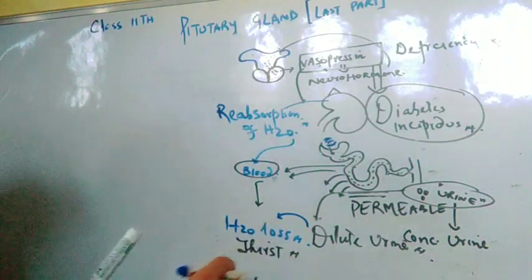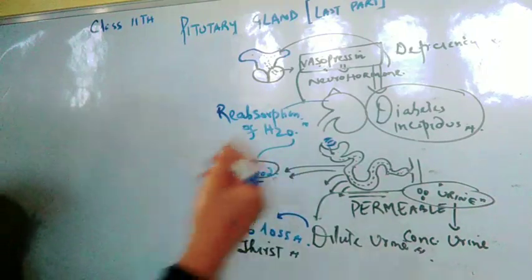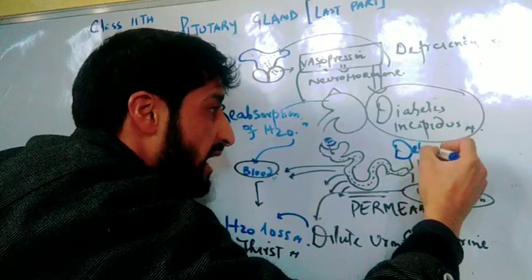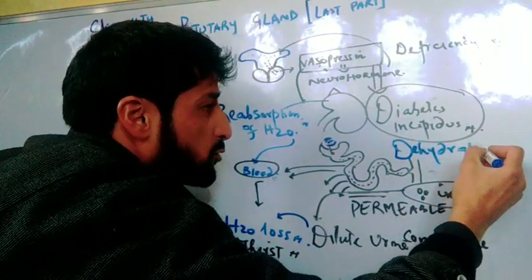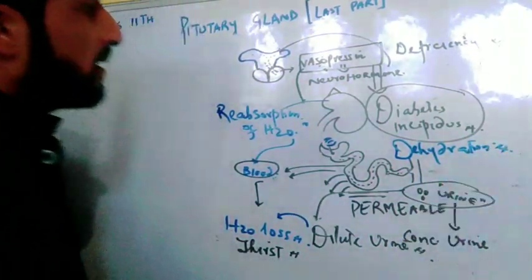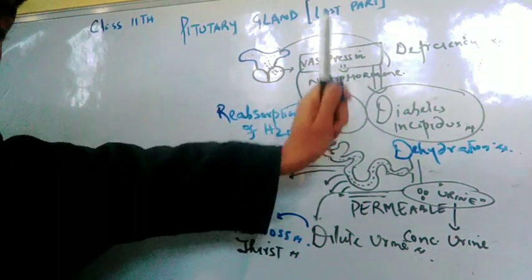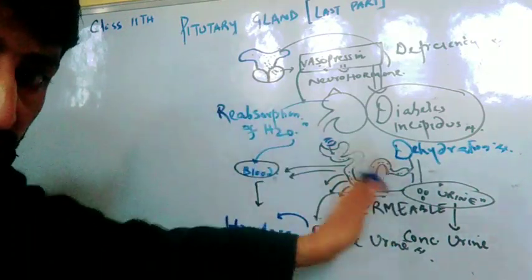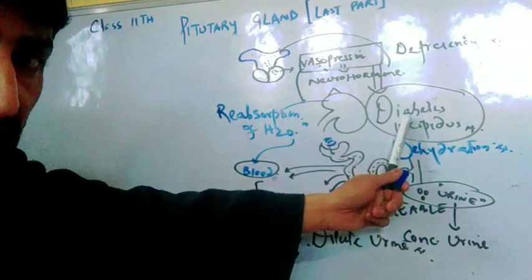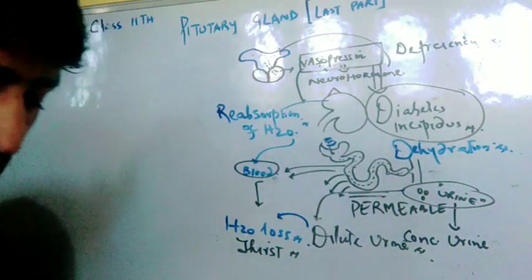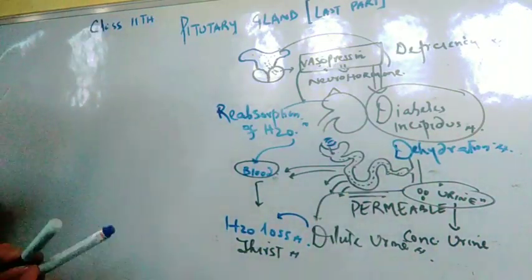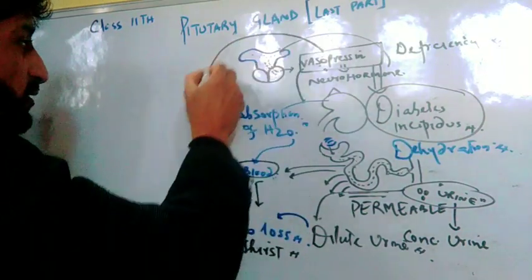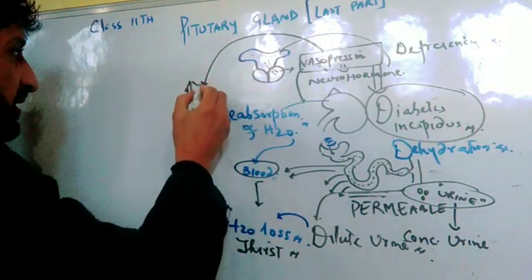So the next point, the body will actually suffer from something called dehydration. It is the vasopressin hormone, the deficiency of which will cause dehydration, polydipsia (excessive thirst), and excessive urination, and the condition is known as diabetes insipidus. Now, you should also remember one important fact: if vasopressin is produced in excess concentration,